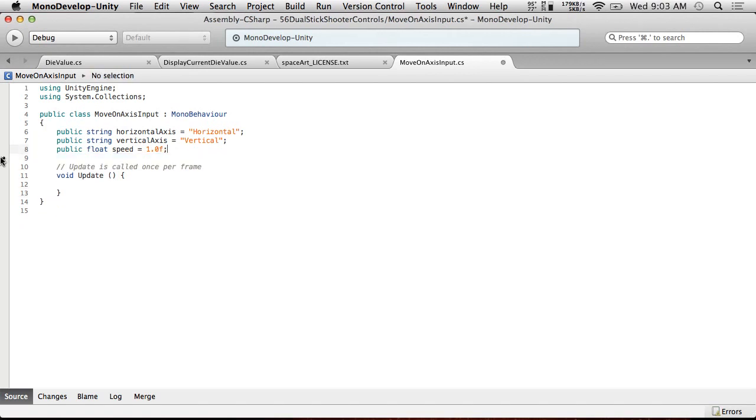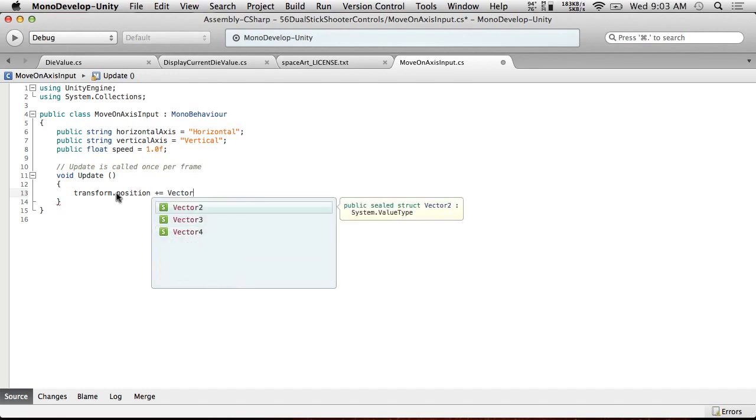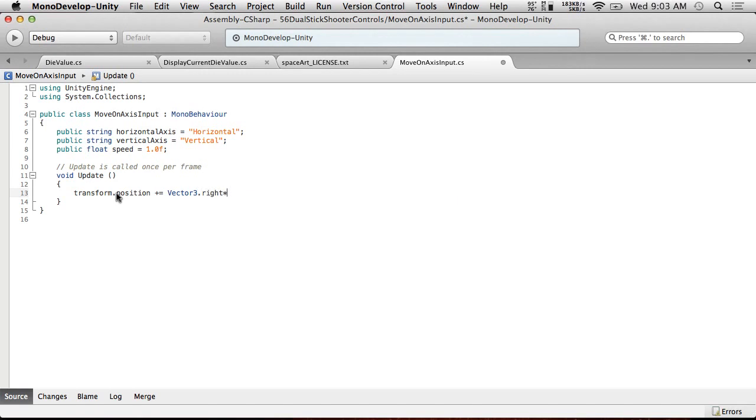We don't need Start. All we need is Update, and this is effectively a one-liner. All we're going to do is transform.position plus equals, so we're going to add to our position Vector3.right times Input.GetAxis horizontal,